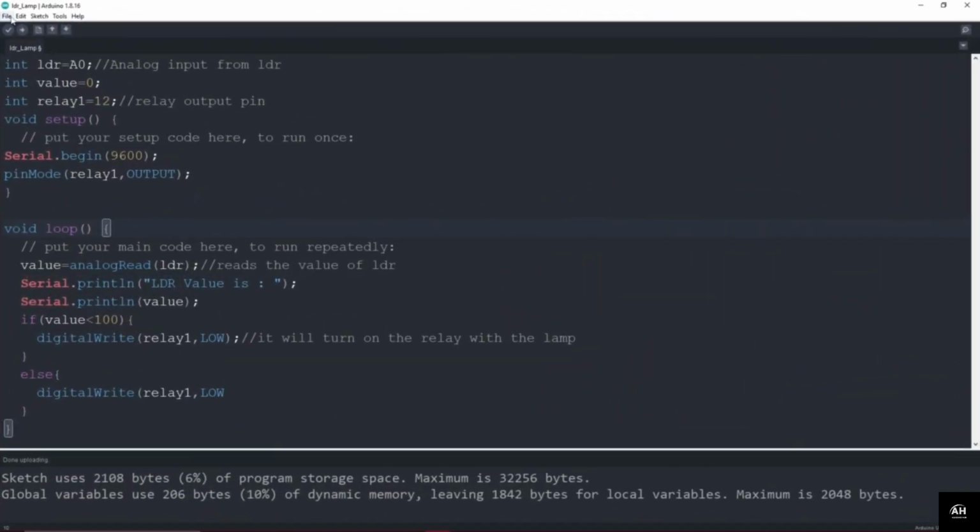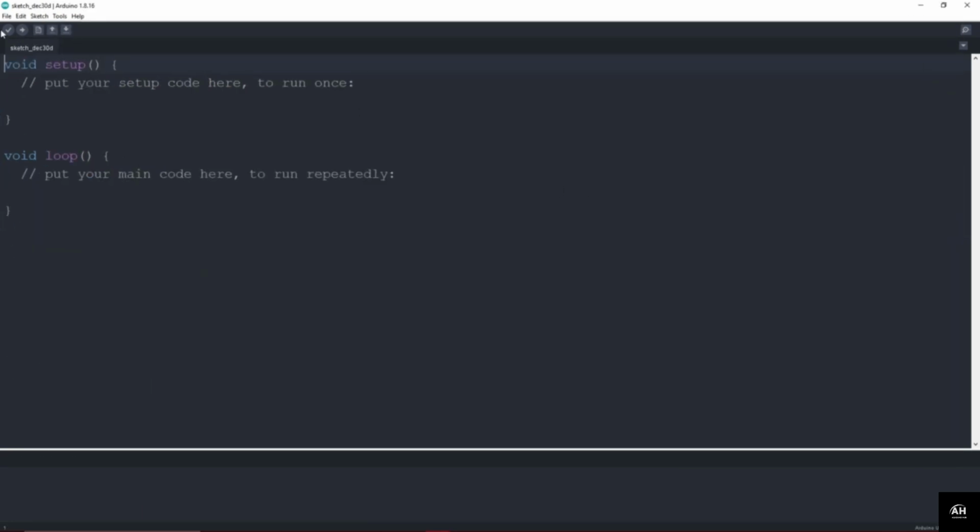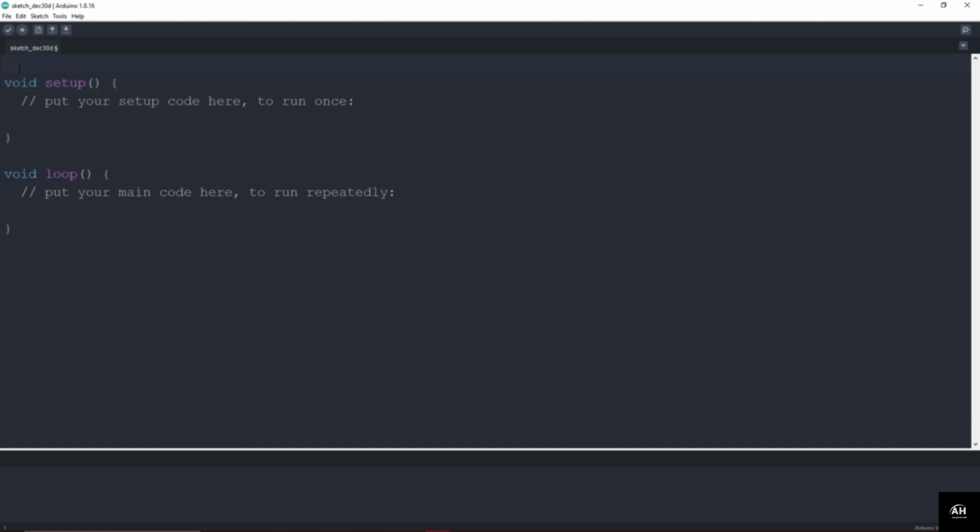So now in the Arduino IDE, we will click on file and open a new file, and we will try to write down the code in here. For that, first of all, we will just declare the sensor pin for the motion sensor. So I will just type here int PIR, which will be equal to 8. Basically, we have connected the digital pin of the PIR sensor with pin 8 on the Arduino. So it will get the input from the motion sensor